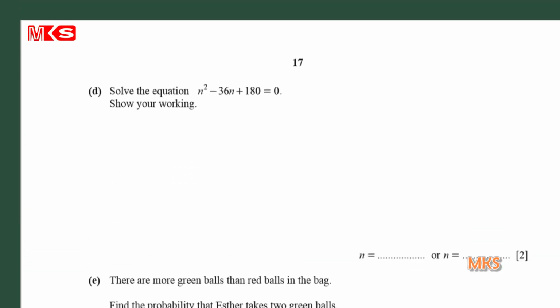Then solve the equation n square minus 36n plus 180 is equal to 0. Show your working. Here we can do the middle term breaking as well as we can use the quadratic formula. If we multiply, we must have 180 and adding must give us 36. 180: 18 times 10, 18 plus 10 is not it. 2 nines are, 2 fives are,